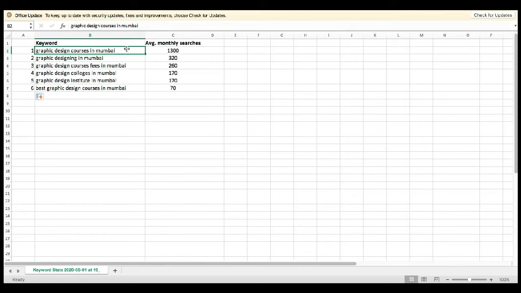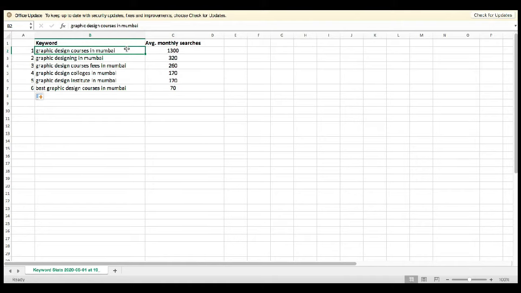Ideally we want to target a keyword which has lowest difficulty, which is very easy to rank, and which has the highest number of searches. In an ideal world, you would want to rank your article, your business for keywords which have lowest competition and highest search volume, right? But that doesn't always happen. So you have to compromise somewhere. I suggest you do not compromise in competition part. You can compromise in the search volume part, but don't compromise when it comes to competition. So we are going to find the competition.